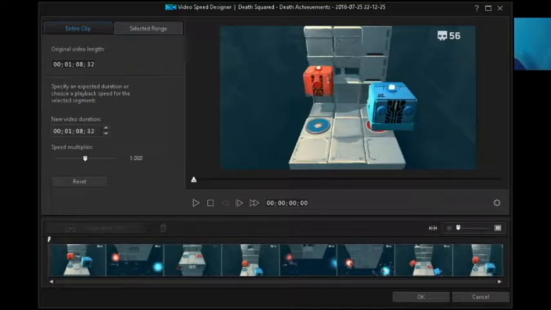Okay, so this right here is what my screen looks like. At 100% speed, it's a 1 minute and 8 second thing. So we can cut that down to probably about 20 seconds. So right here, oh no, I don't want 2 minutes. I don't want to slow it down. So I want